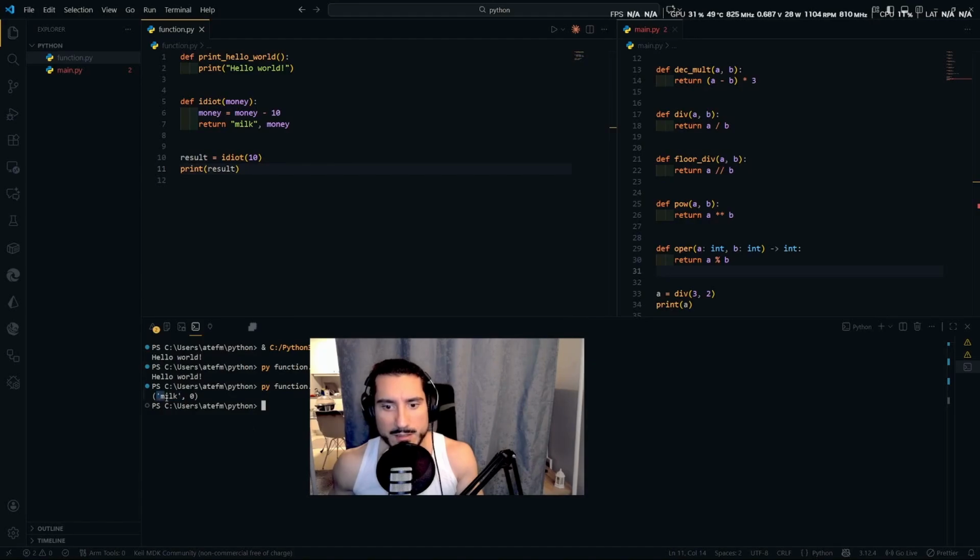Anyway, he got us milk, and he returned for us 0 money, because we actually gave him just enough to buy the milk. Maybe we should have given him more. Anyway, as you can see, this is an example of how we use a function, and we can pass in another variable instead of milk. We can just pass in an item and tell him to get us whatever we want, because if we didn't do it this way, he would always bring us milk. So we can't tell him to bring us something else.